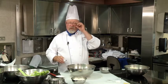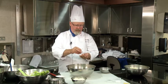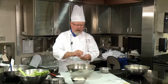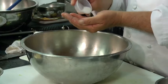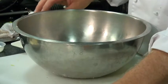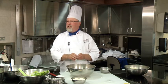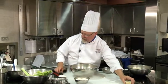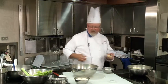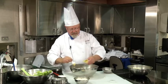Now, when we're cooking food, we want to have sweet, sour, salty, spicy, whatever. So, about 1 tablespoon of sugar, about 1 tablespoon of salt. And I tend to over-season the potato salad, because those potatoes are going to suck up all of the salt. So too many times you've had potato salad, you eat it one day and the next day it tastes flat, because the potatoes have absolutely absorbed it. Pepper in there, and of course some mustard. Gives a little bite and a little color to the salad. In there like that,